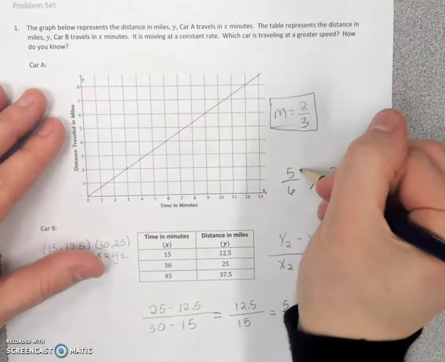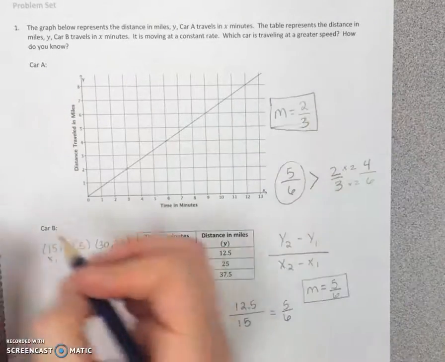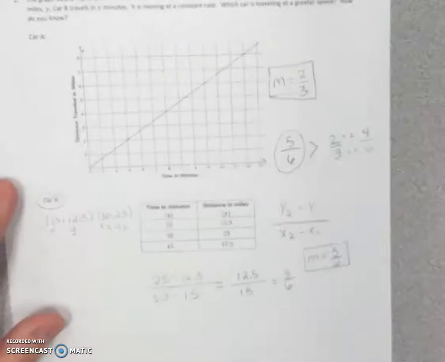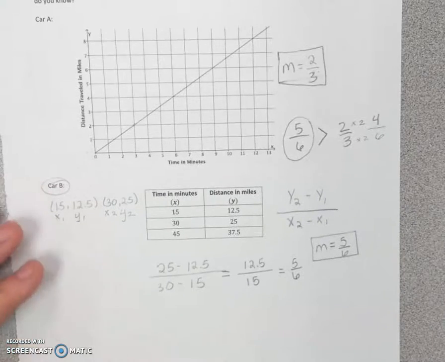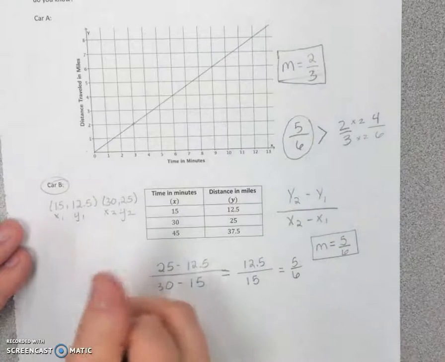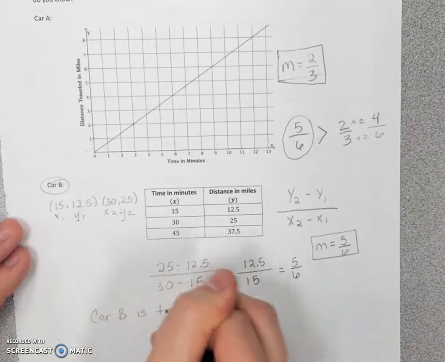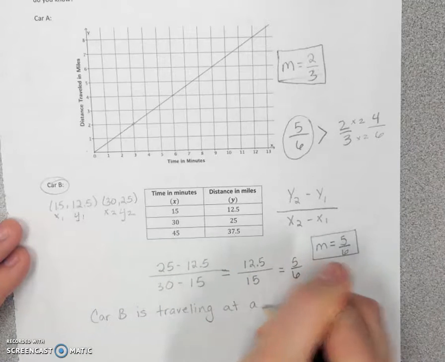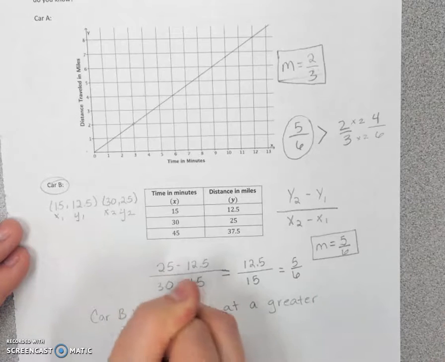Anyways, long story short, 5/6 is greater than 2/3, so we know that car B is traveling at a greater speed. So let's really impress Mr. Lewis and write a complete sentence explaining that, since it does say which car is traveling at a greater speed and how do you know. So we would write: car B is traveling at a greater speed